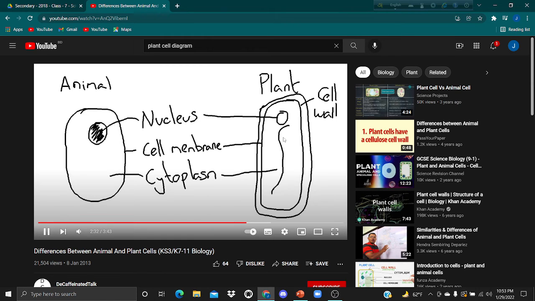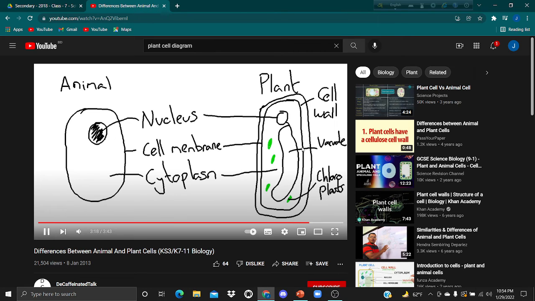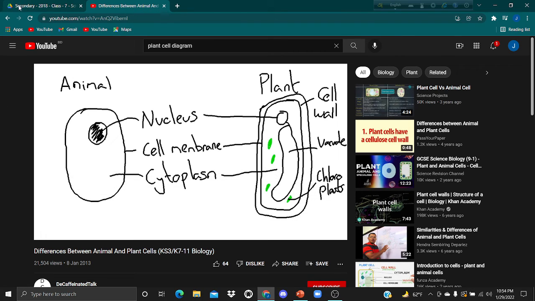Okay, and here in the plant cell we can see a large vacuole, and in the animal cell we can see small vacuoles, and we can see chloroplast in the plant cell, but we cannot see chloroplast in animal cells. But we can see centriole in the animal cell, but usually we cannot see centriole in a plant cell. Okay, now